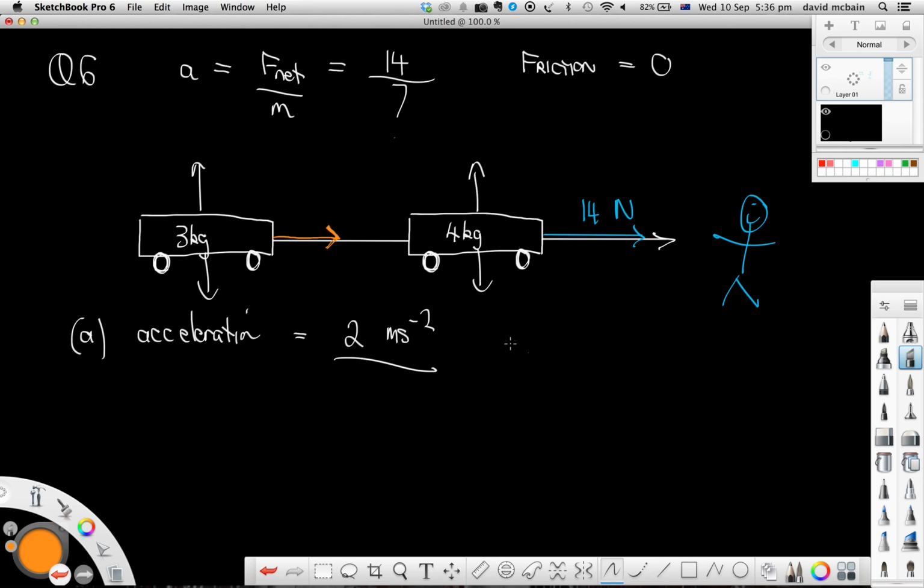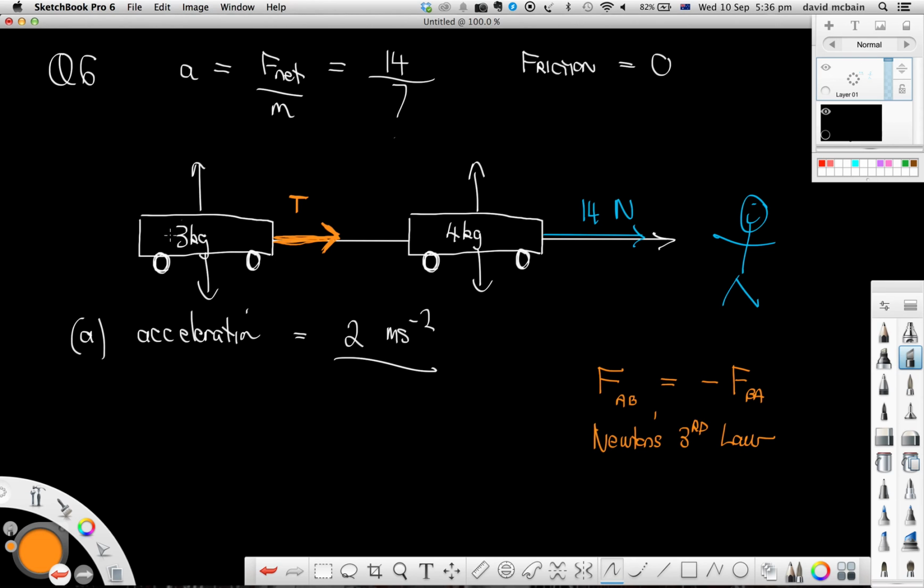But Newton's third law says that if two objects are interacting with each other, the force of object A on object B is equal to the negative of the force of object B back on object A. In other words, if the 4 kilogram trolley is pulling the 3 kilogram trolley with a force in that direction, and we'll call that force the tension force, then that means, according to Newton's third law, which is this here, and this is where it's powerful, Newton's third law,